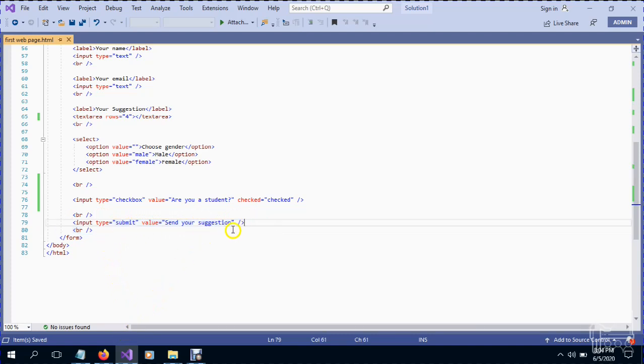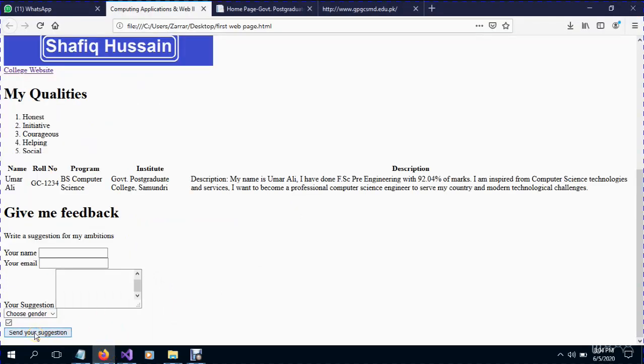This is also an input element that is used in graphical user interfaces as a single element, but the submit type of input element is just a button. Now this is, you can say, an action button.